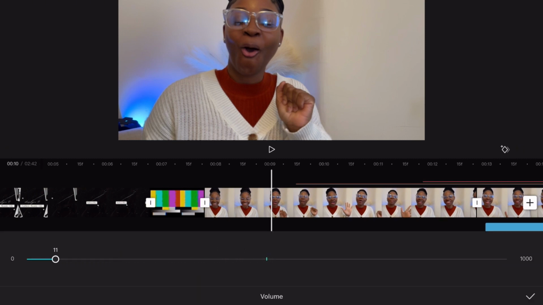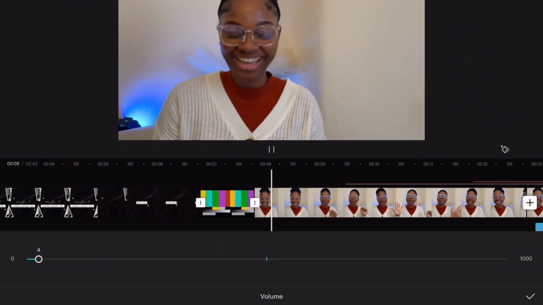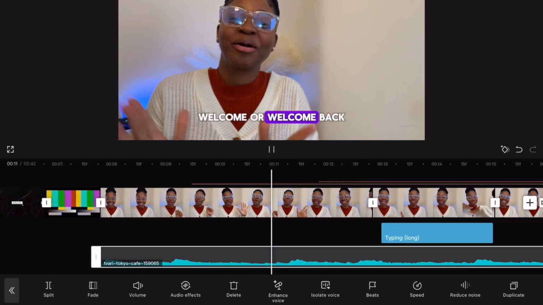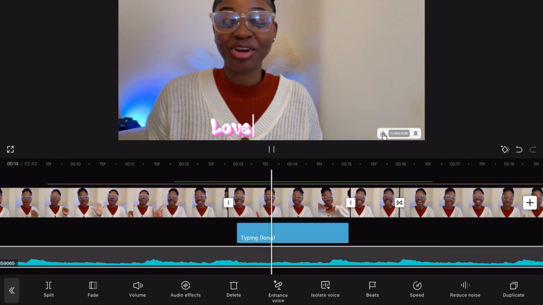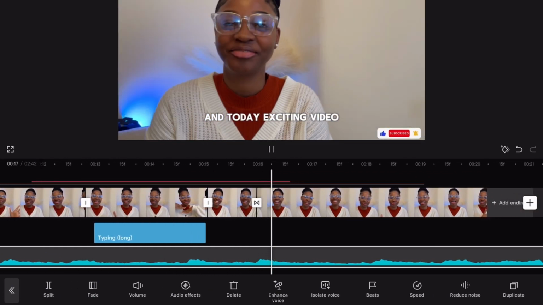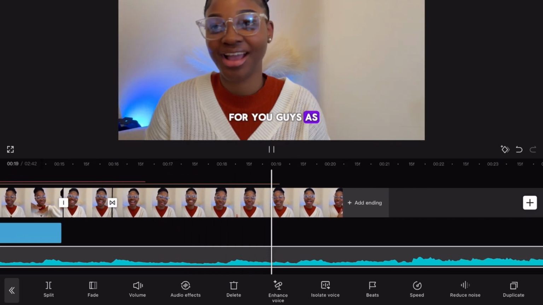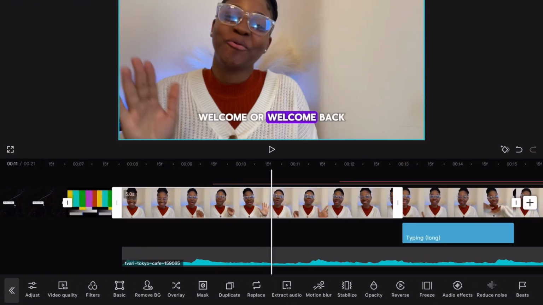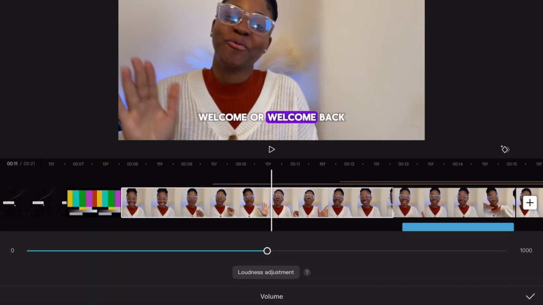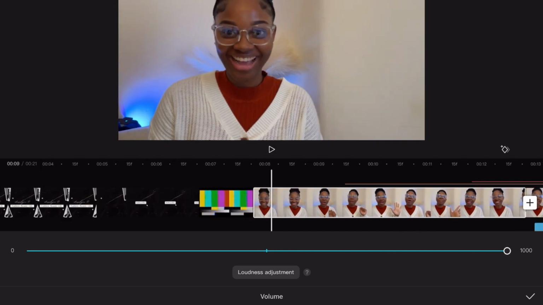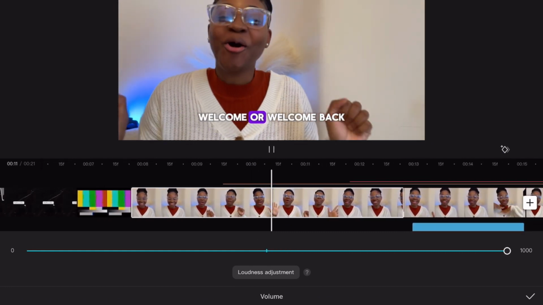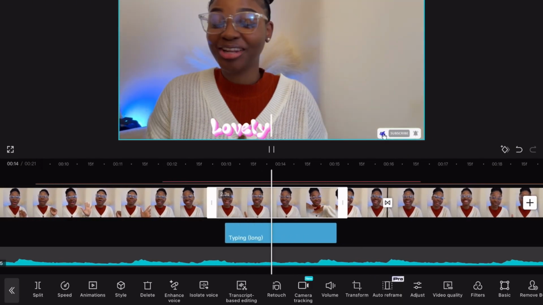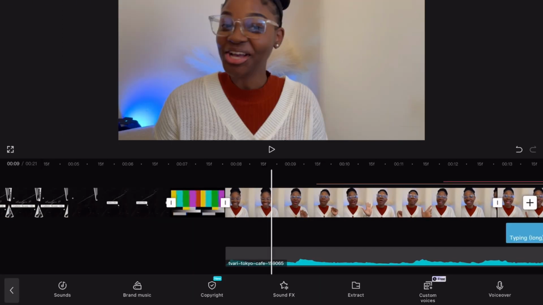And in order to add it on your video so it's not loud, you go to volume and lower it so it's not louder than your video, so people can hear you speaking. If you're recording your video and the volume was low, what you can do is press on your video and make sure to increase the volume to 100, and also make sure to lower your music or increase your music a bit more to match your voice. And that's what I'll be showing you here right now. And this is how it sounds with the final